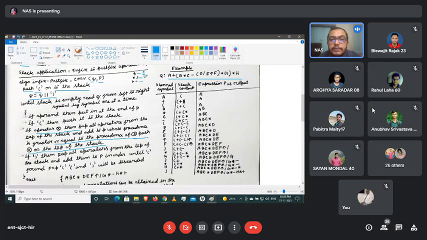This one is our precedence 2. And this one is our precedence 3. If we are encountering precedence higher than the previous one, then we are going to bring this one. If the precedence is normal, let's say we are coming as minus and then star is coming, what will happen?